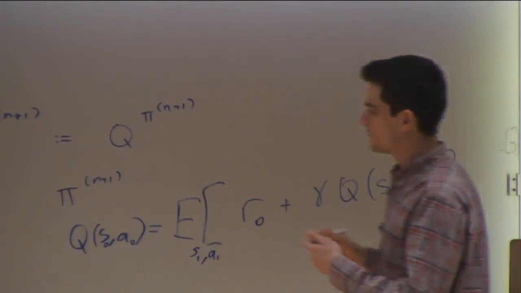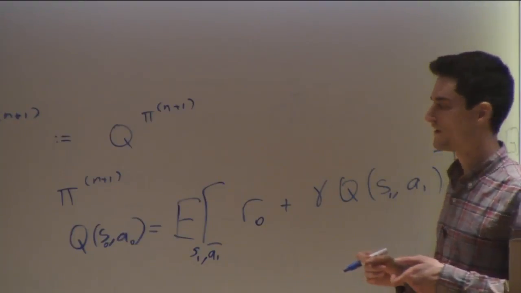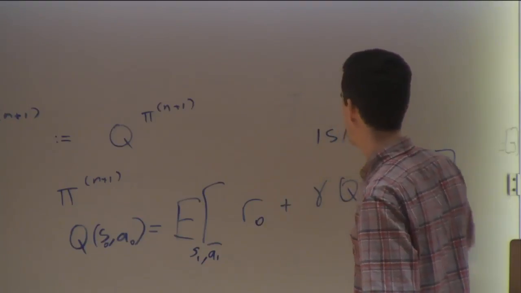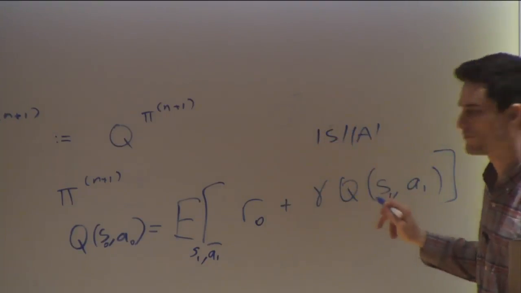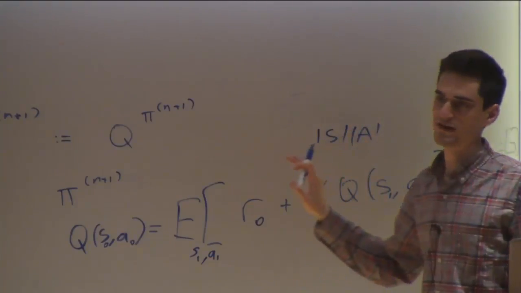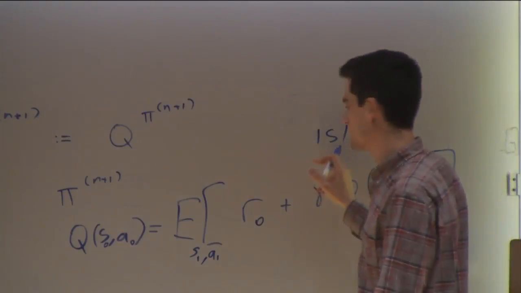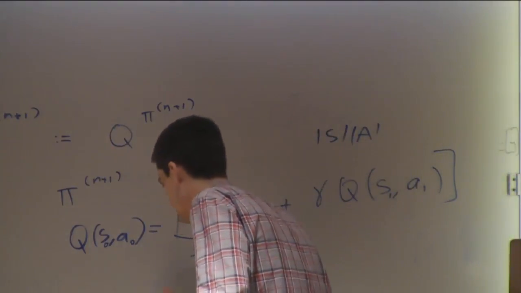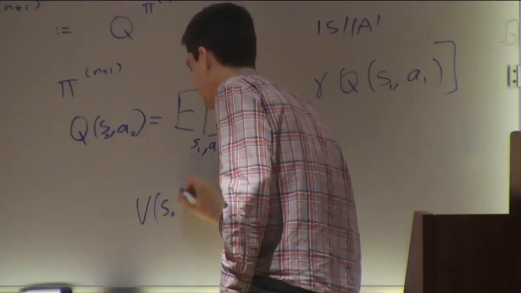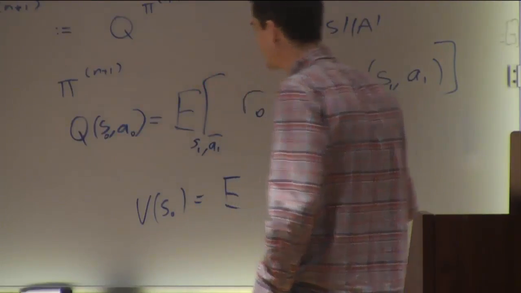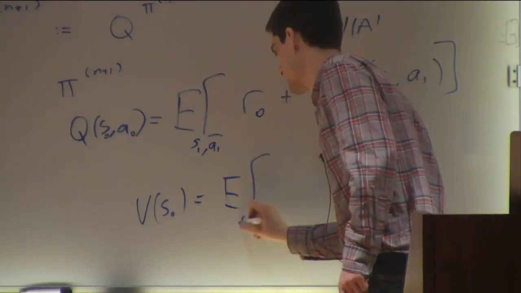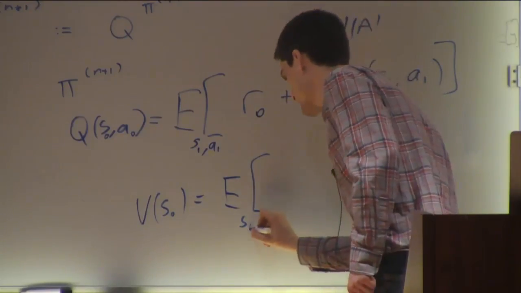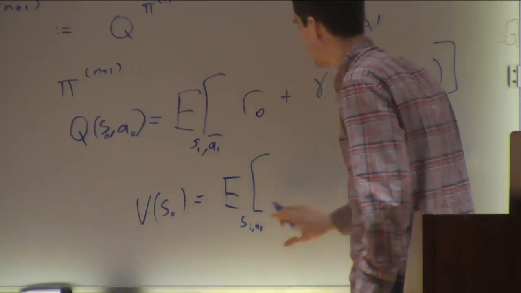What you would actually do in practice is, this linear equation is an equation in S times A variables, the cardinality of the state space times the action space. And we don't want to solve a big system like that. So we would rather solve a system that has S variables in it instead. So what we could do instead is just write down the Bellman equation for the state value function, which looks like we have the same kind of expectation, but